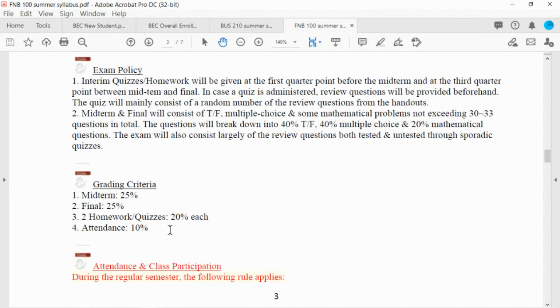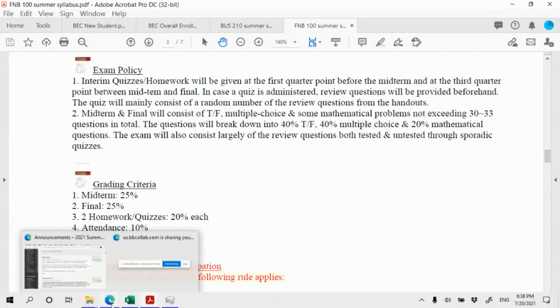Now, I told you my quizzes are full-blown exams, but it's just called quiz because they carry smaller weight. So each quiz is 20%. So there are 2 quizzes, so that makes 40% of your semester grade. And the midterm and final are 25% each, respectively. So they make up 90%. Okay, 90%. And then 10% comes from the attendance. Now, it's actually attendance and participation.